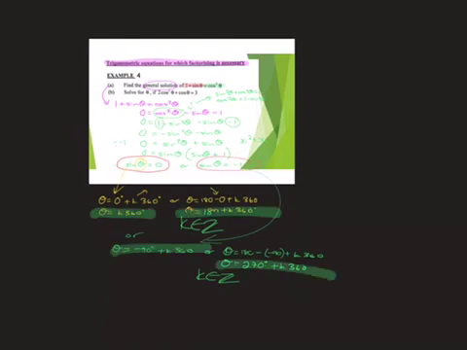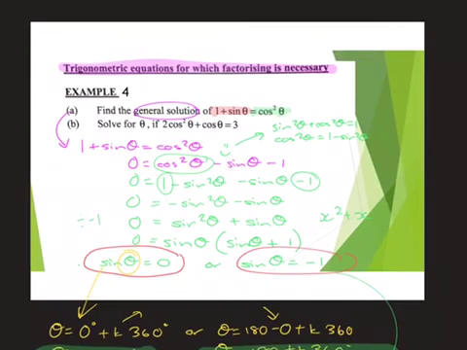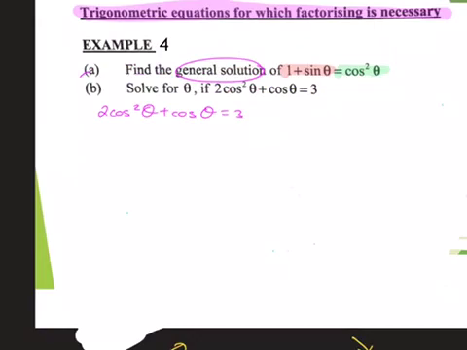So it's like their general terms for those. All right. So then for the next one, solve for theta if 2 cos squared theta plus cos theta equals 3. Okay, so for the next one,